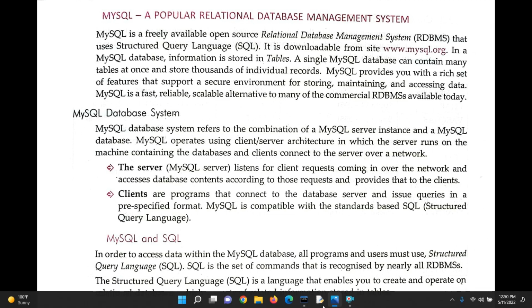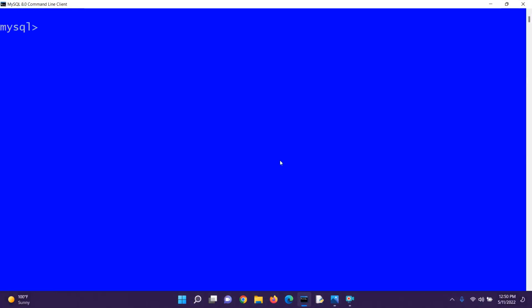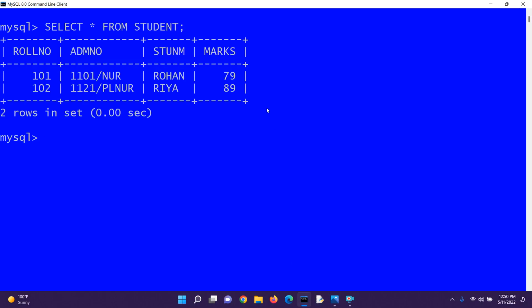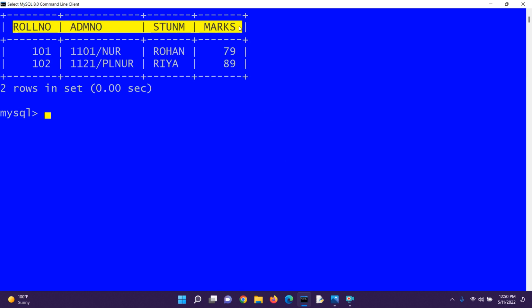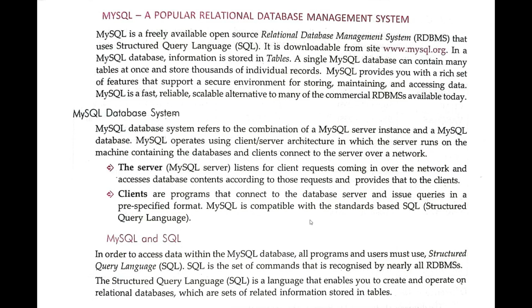Right now, I am showing you the MySQL screen of my system. I have a list of tables saved, and if I wish to see a particular table, then see, this is the structure of a table. This is showing me the roll number, admission number, student name and marks of a group of 2 students. This particular structure is made up of various parts like rows and columns. We are going to learn it in detail in our upcoming video. For now, let us see this